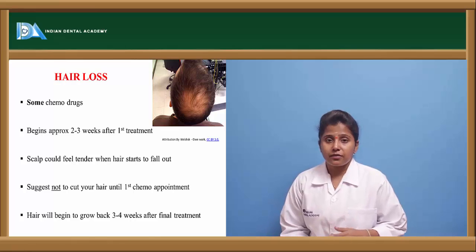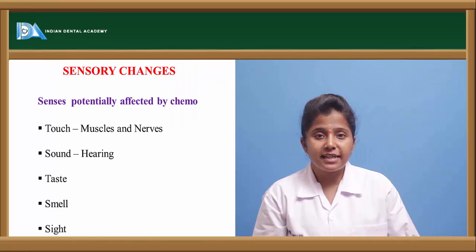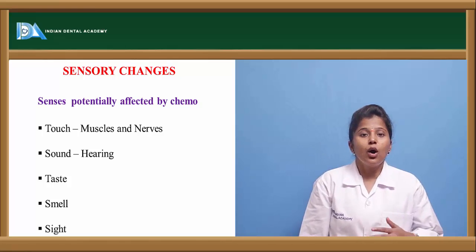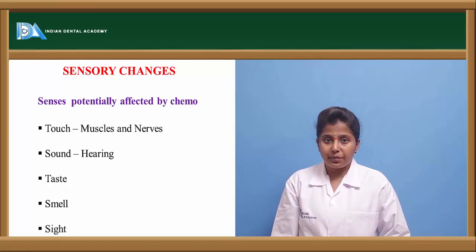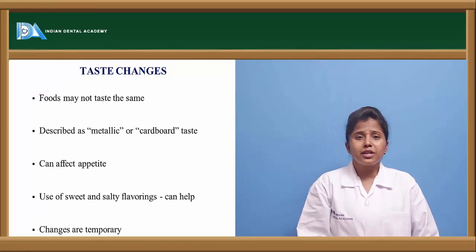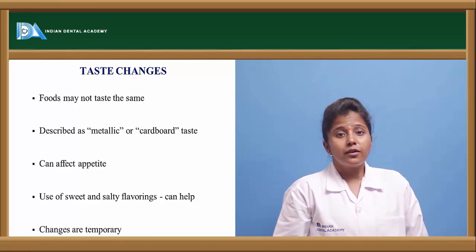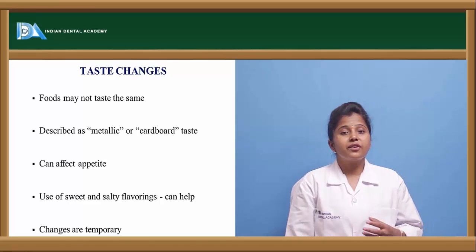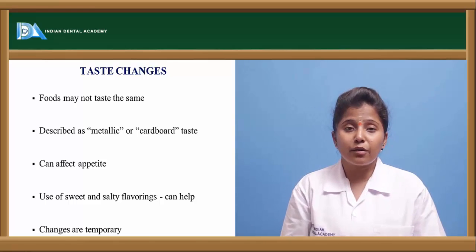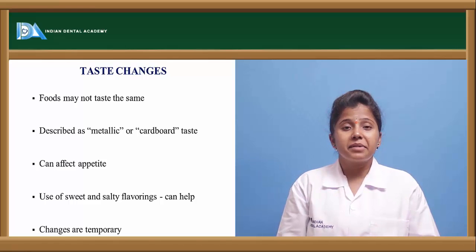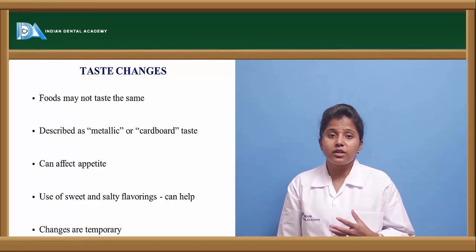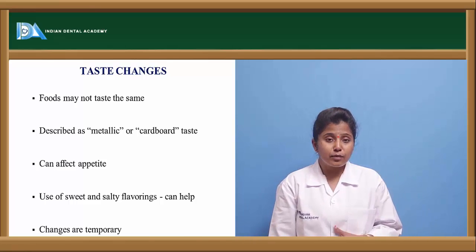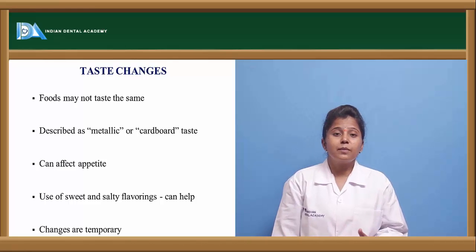In the body, we have 5 different senses. Here the touch, sound, taste, smell as well as sight can be altered if a person is taking chemotherapy treatment. What are the taste changes which we can observe? Because of the drugs or the treatment given in cancer patients, the taste of food can be altered, or we can say things cannot taste that good. They may sometimes have a metallic taste, or a cardboard taste can be observed in the patients. In that condition, the patient can't take food properly, and because of that there will be fluctuations in